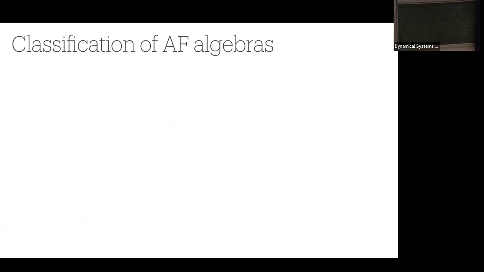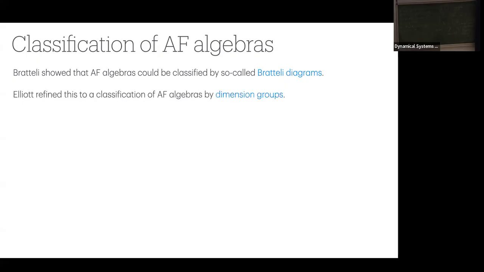Moving on, what can we say about AF algebras? Well, Bratteli showed that AF algebras can be classified by so-called Bratteli diagrams. And I highlight this specifically in blue because it very well might come up in some talks on Cantor systems, whether in my talks or someone else's. Again, just highlighting, if you know a bit about this, the real strong links between operator algebras and